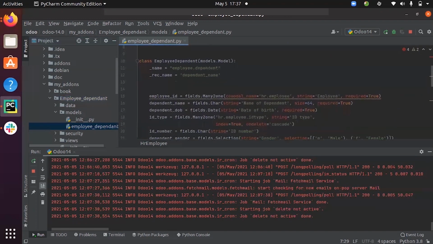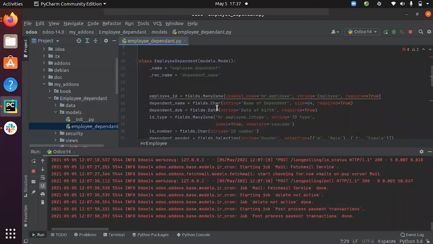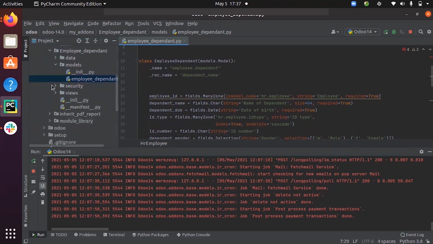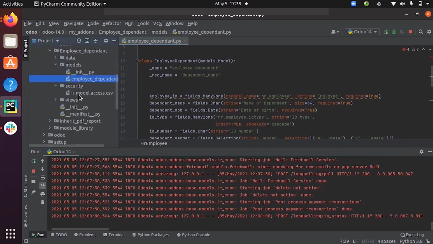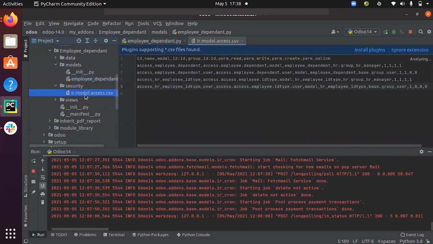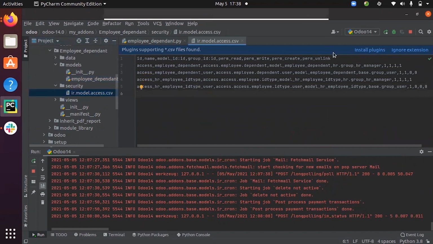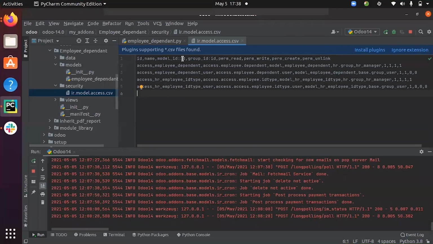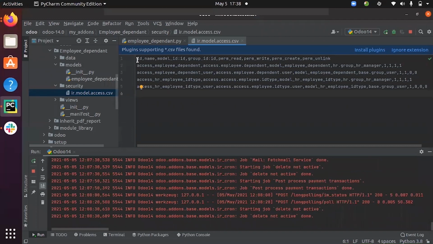For setting access rights, you have to create a folder called security, as you can see here, and inside this I have defined a CSV file. Inside this file, you can set the access rights, and you can see the format for setting them.